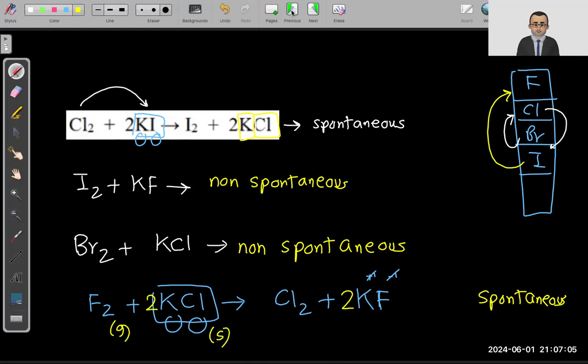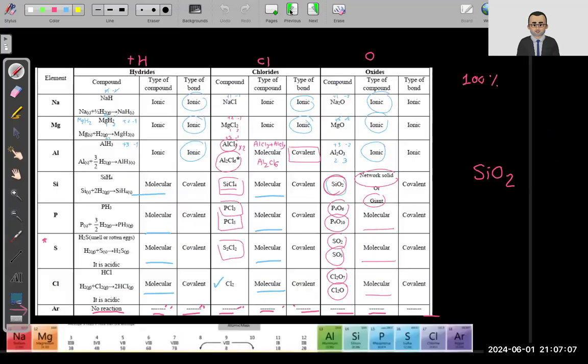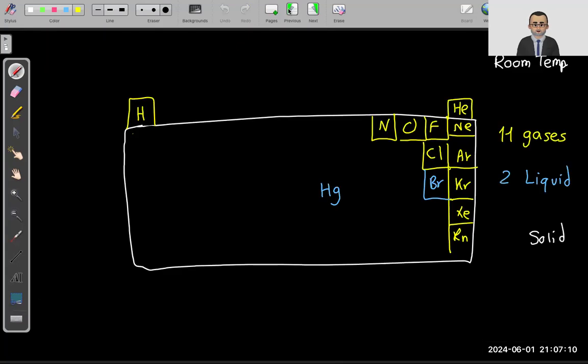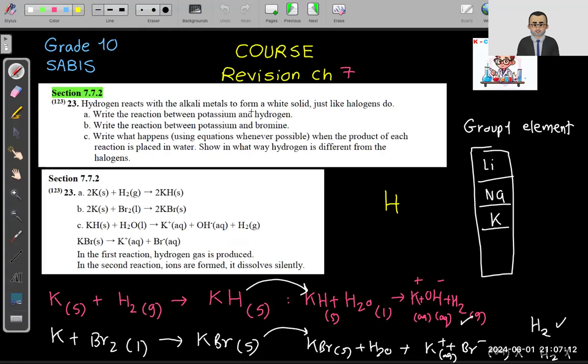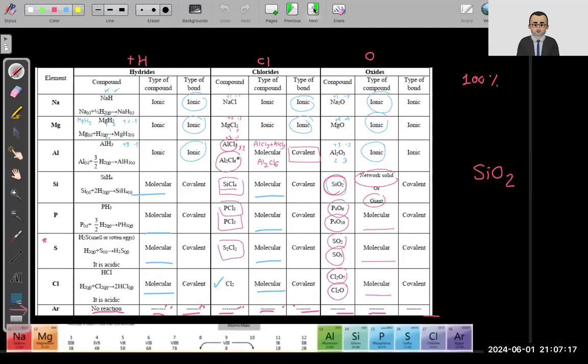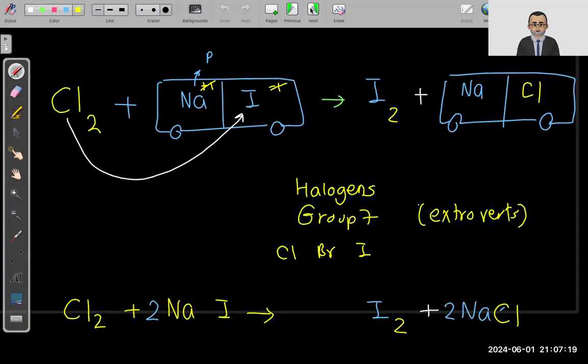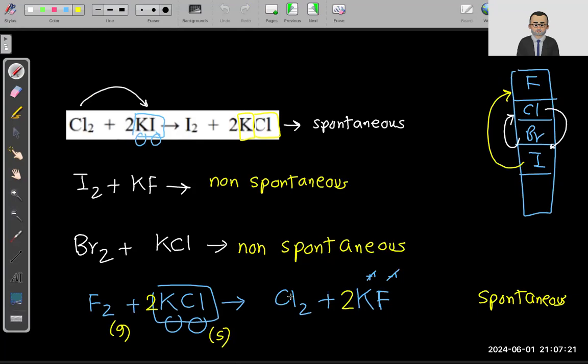We said that any reaction between potassium and hydrogen or potassium and bromine makes a solid. So this one makes a solid. And Cl2 is produced. This is a gas also. And this is a solid. So if you have I2, it will be solid, and Br2 is liquid, because we said Br2 and Hg